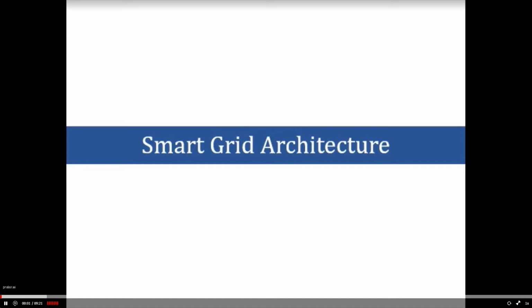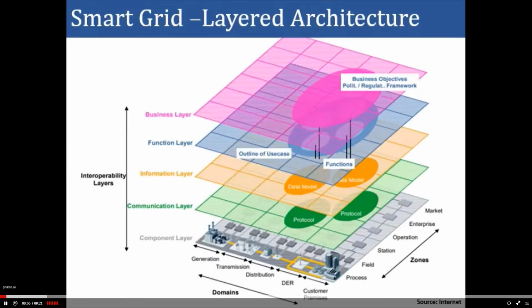Let's recap what we discussed in the smart grid architecture. First, we discussed that the smart grid architecture is a layered architecture, and that there are five principal layers, that is, component layer, communication layer, information layer, functional layer, and the business layer. And we discussed that the component layer is nothing but the virtualization of the devices which we have in the